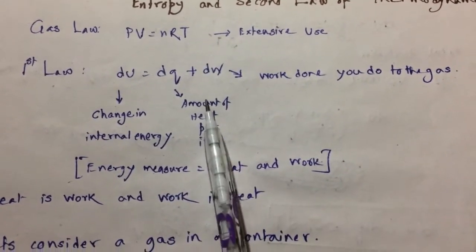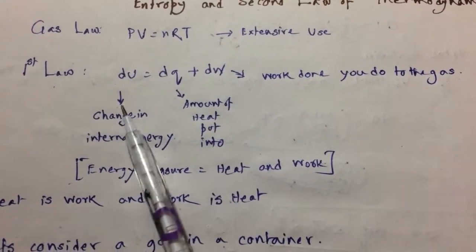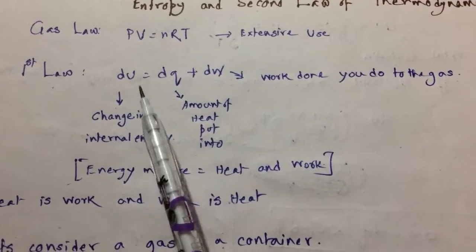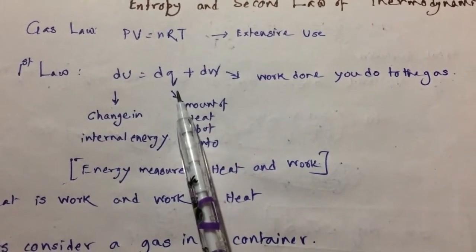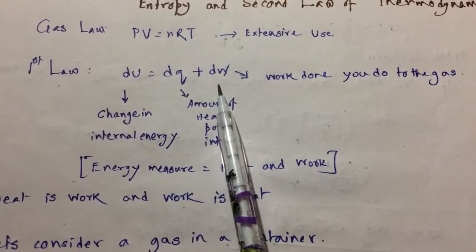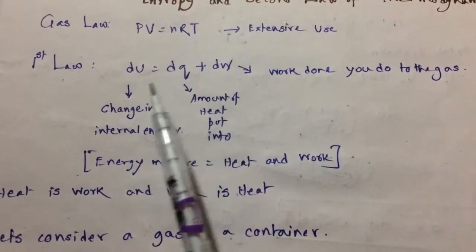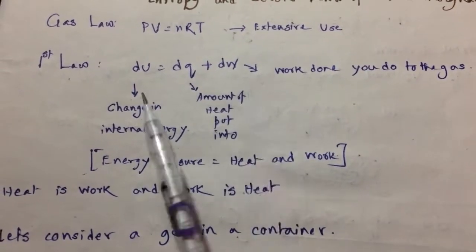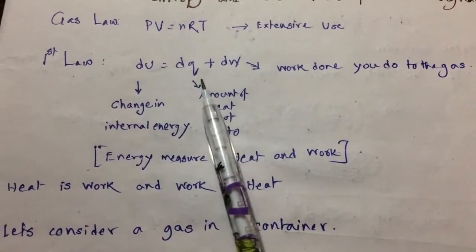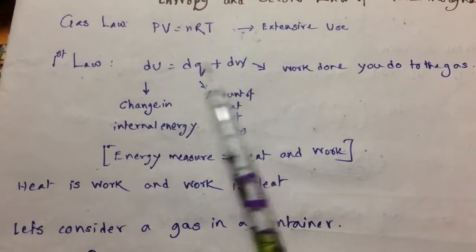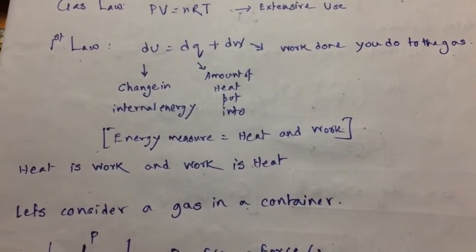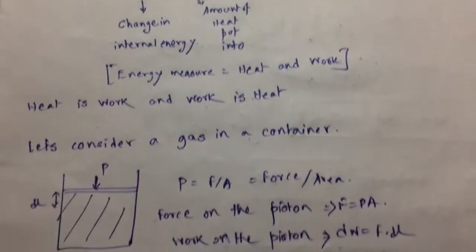Let me recall for you the first law of thermodynamics, which tells us that the change in the internal energy is equal to the amount of heat going into the system plus dW, the amount of work done on the system. So there is a conversion of heat and work, and energy is a measure of heat plus work. So we can say heat is work and work is heat. Now let's consider